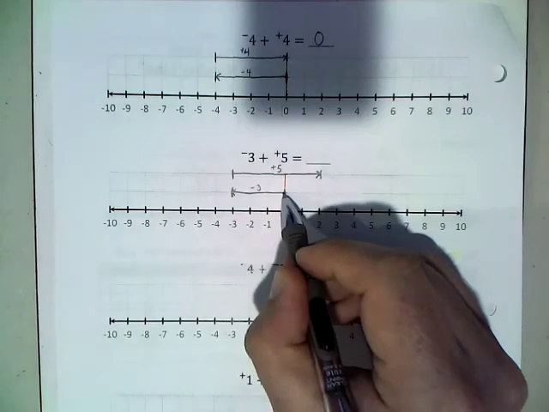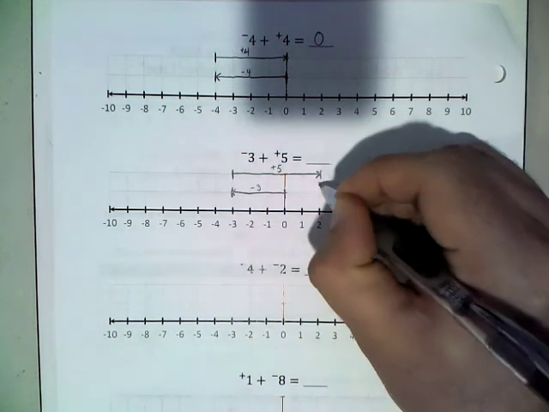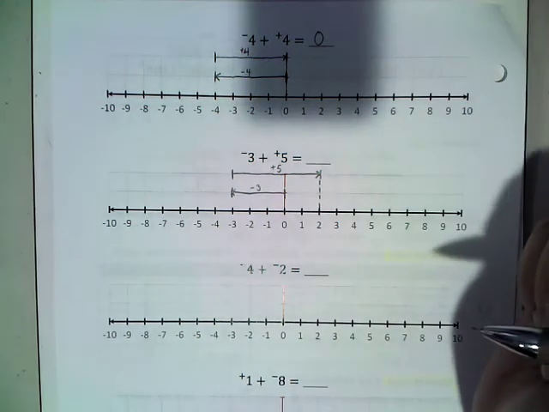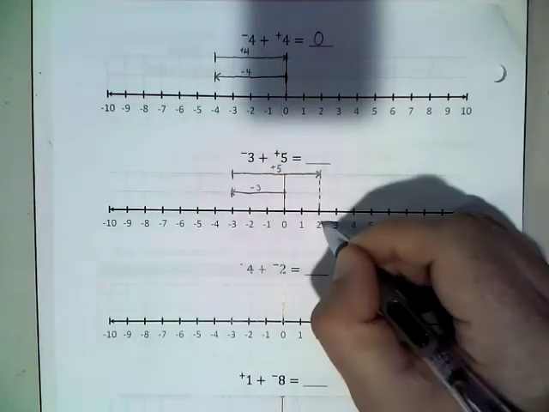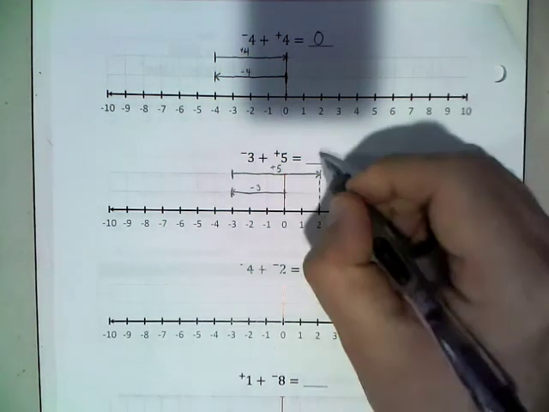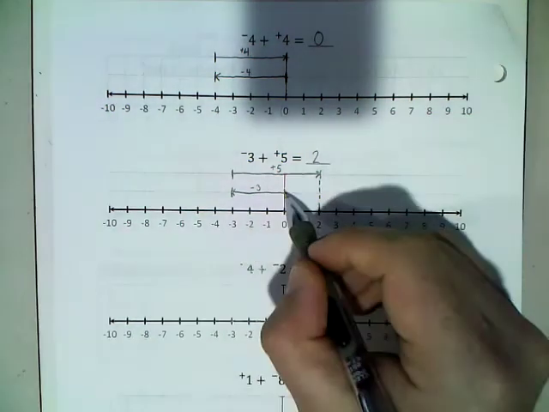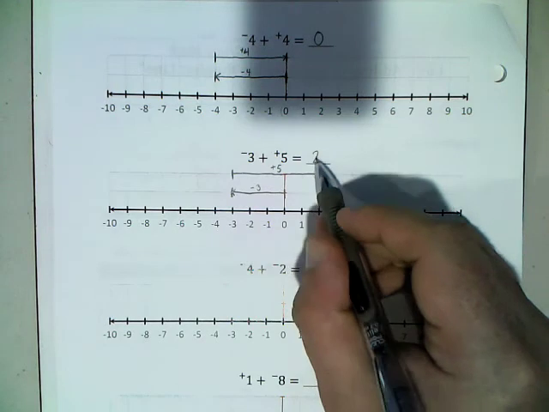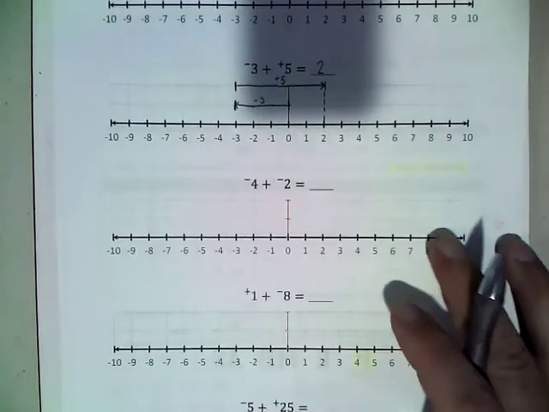We'll label each arrow. So my -3 takes me 3 to the left. +5 then takes me 5 to the right. And I'm going to do a dashed line. You should be able to see my dashed line better this time because it's not going through that red line. So where do we end? Down here at +2. So if you go 3 steps to the left and you go 5 steps to the right, it's the same as if you had just gone 2 steps to the right. Next example,